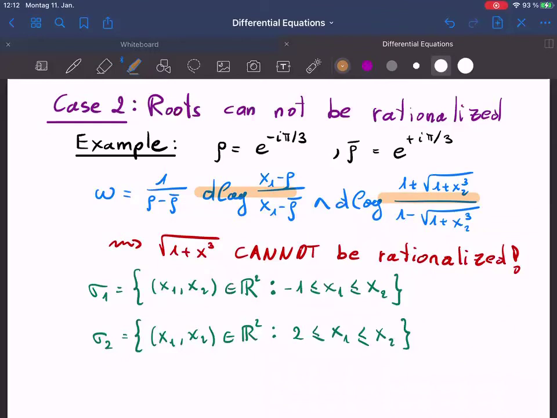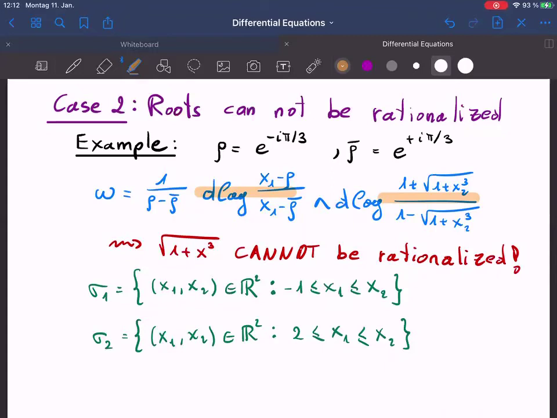And in one of these 2D logs, I have the square root of 1 plus x cubed. So it's very similar to what we had before. Before we had 1 minus x squared. Now we have 1 plus x cubed. The difference between changing x squared to x cubed inside the square root is dramatic, because you can actually,